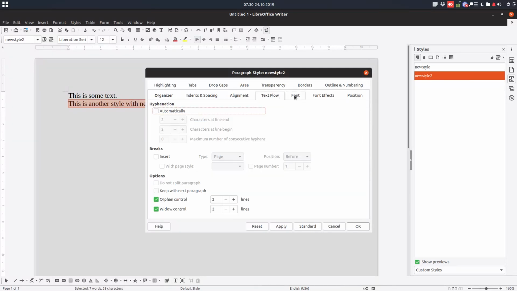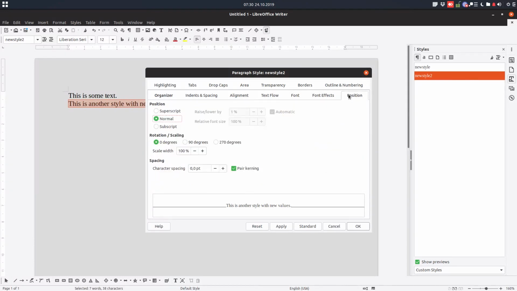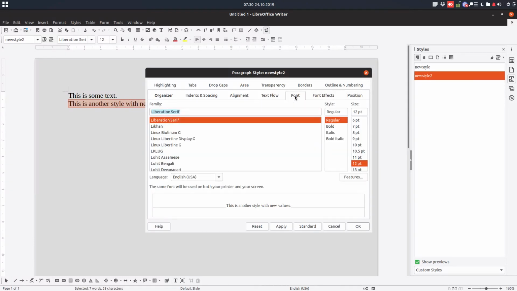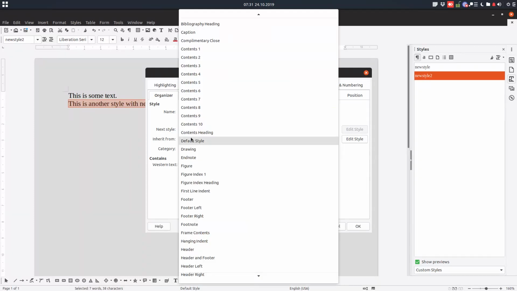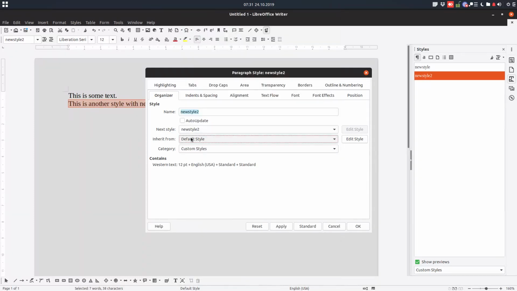So we have this tab here, this tab font. We don't want to have a fixed value like 11 points, 7 points, and so on. We want it to be relative to the first style, to the style new style. So we change here in organizer. We want to inherit from new style. Okay, we change here,